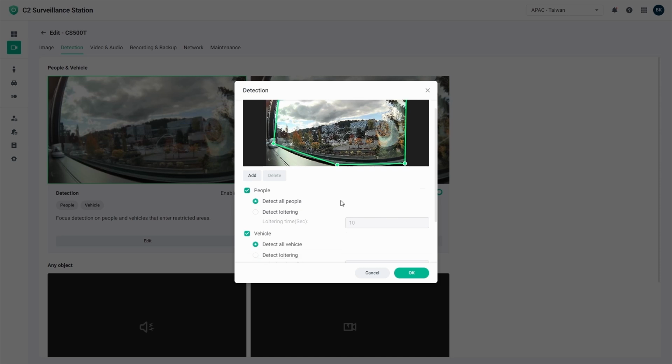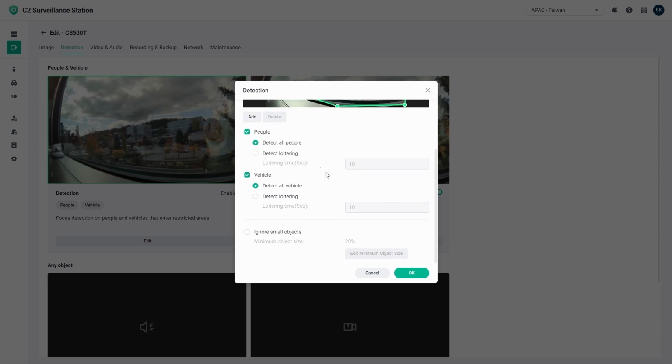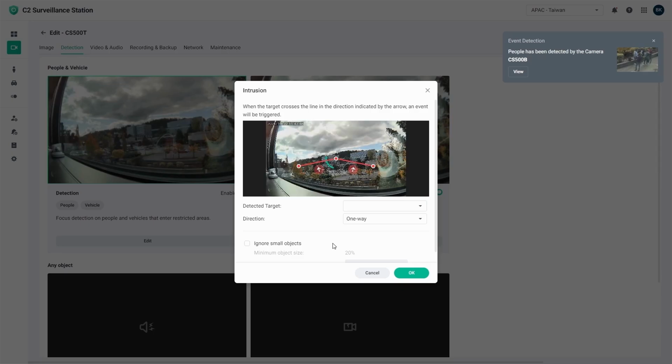Now, keep in mind, there's also different detection settings below that menu. You can enable or disable people or vehicle detection, detect all people or all vehicles, and set your loitering period. Likewise, there's also an option to ignore small objects inside of this menu for this detection option. Now, the other option for this camera is intrusion detection. Since this is a turret-style camera that is based off the TC500 camera for on-premises Surveillance Station, it has similar detection features. So this is just showing you that there is intrusion detection options for this camera, and you can see some of the other detection options beneath it.